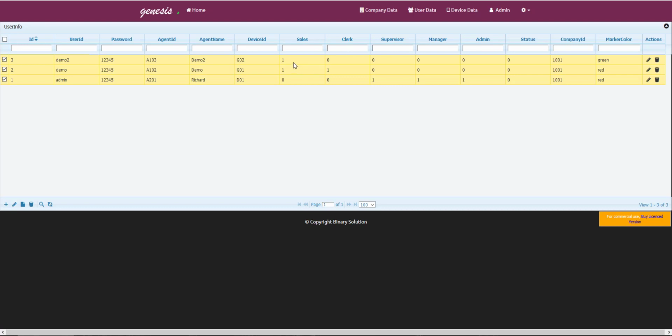If you set it as one, it means that you are giving access to this module, for example sales, so he can access the sales module. And if you are on a clerk, he can also access the clerk. If the person is a supervisor, you can give it as a one, and manager, give it as a one. So on the